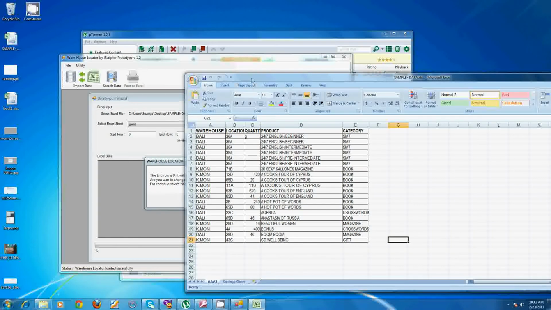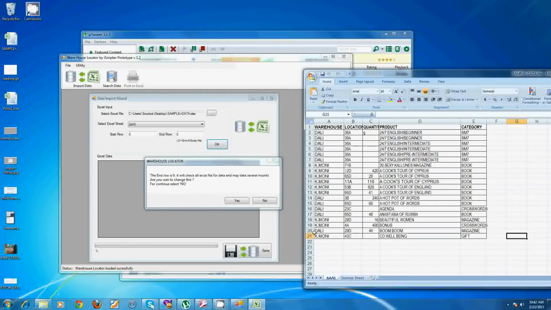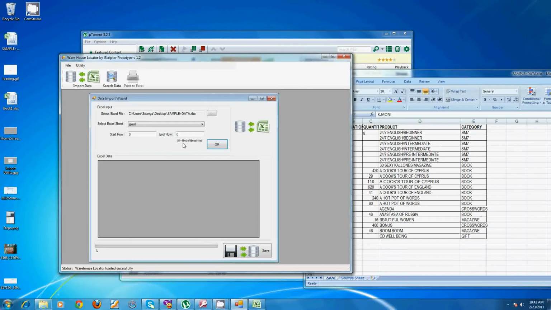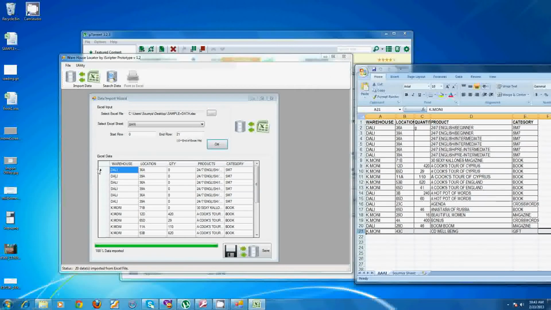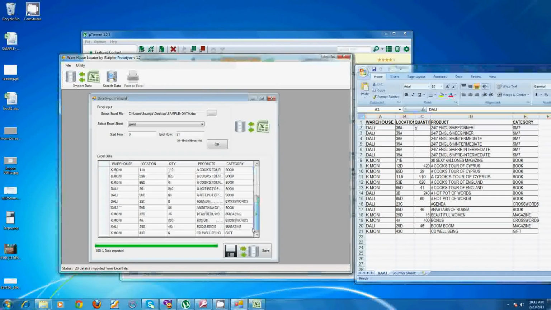Now here I am seeing that in the data file 21 rows have data. If we enter 21 and OK, it will import the data from the Excel file up to 21 rows, and you are seeing that this works much faster. Now 20 rows are imported from the Excel file. You are seeing this, right? You can check that all the data is there. Now this button will save the data to the database. Look, 20 records saved to the database.